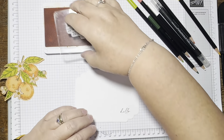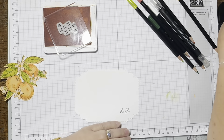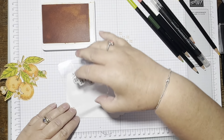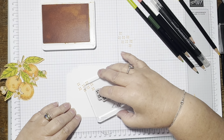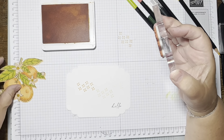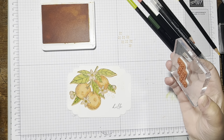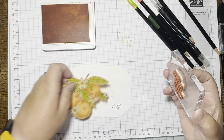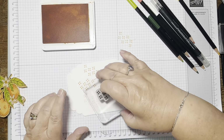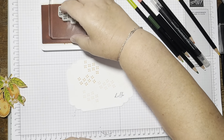Now, so we've got this stamp here that's sort of like a wee tiling type of pattern, so I think we'll just add some of this now. So what I'm thinking is I'll do the heavier 2, 3, because that's going there. So if I want it lighter around it, I'm thinking that works quite nice there. We could be trimming bits off, but I quite like the whole image. So let's just add a bit more. You could line this up and, you know, get a proper, if you go in like that, that's obviously that's Stampin' Off, but